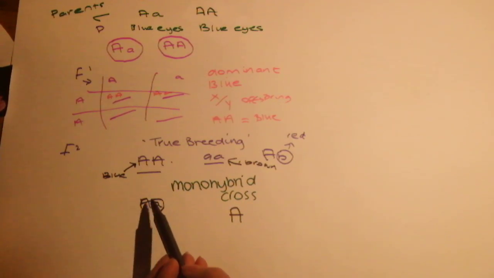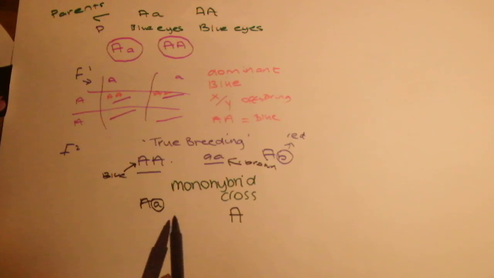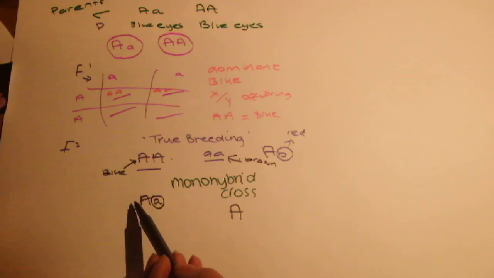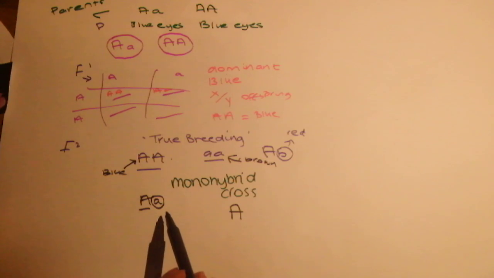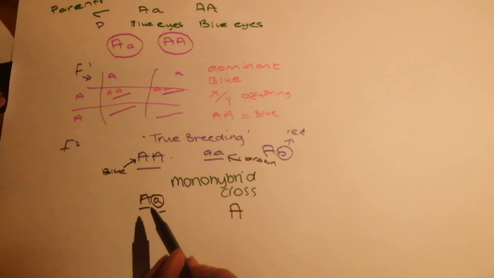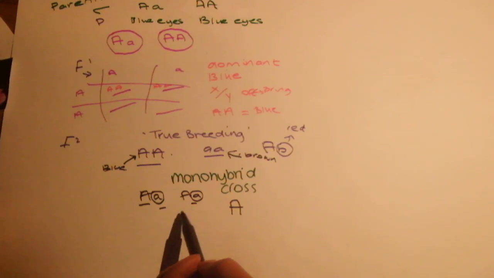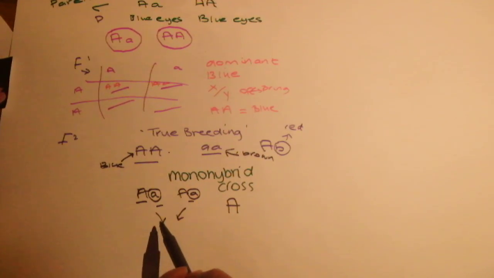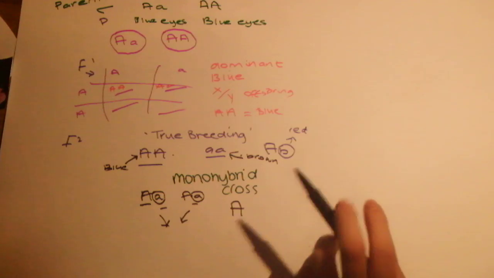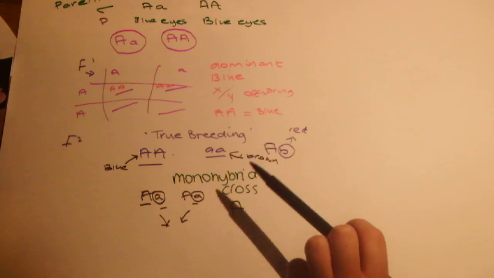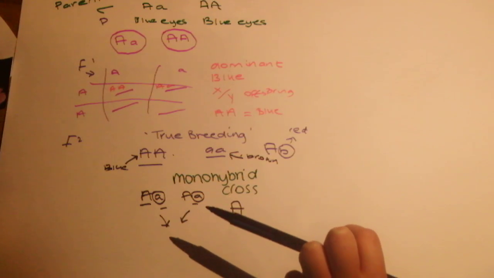this is possible as a carrier. So this won't actually be expressed in the parent, it has to be the same expressive. So while it's still like blue eyes, it might be a carrier of brown eyes. So you could have two blue-eyed parents, but carriers of brown eyes, and then that could make a brown-eyed child, and it wouldn't be a monohybrid cross of true breeding, because it wouldn't be the same characteristic expressed as the